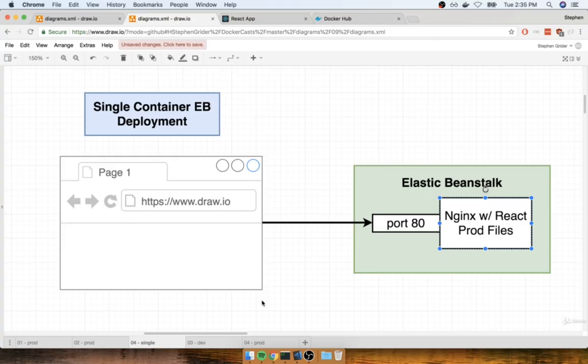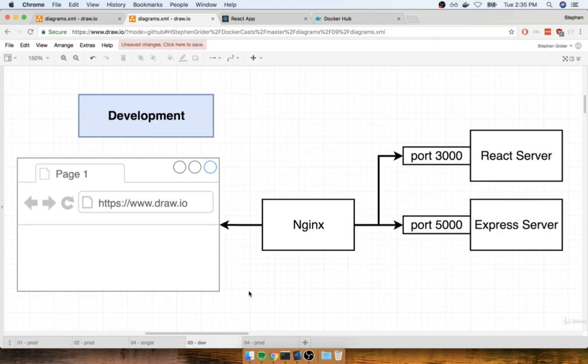Now, I want to give you a quick reminder of how our architecture is a little bit different this time around. With our